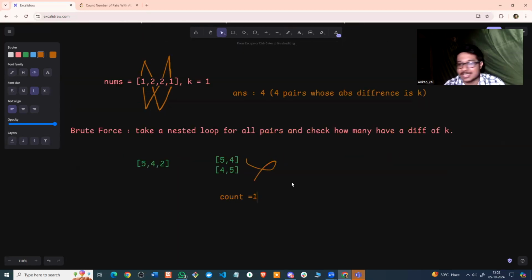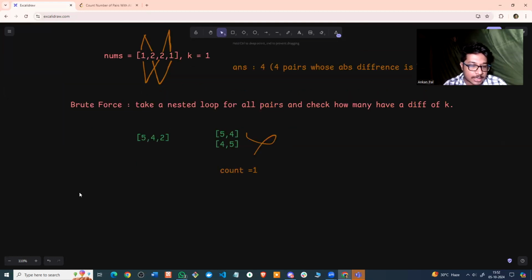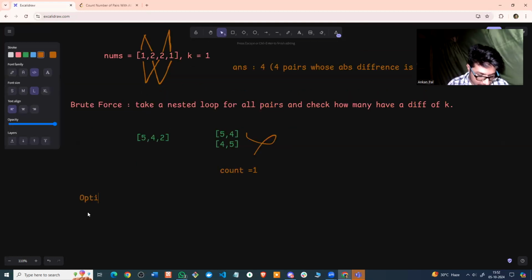Okay, so this is the brute force. Brute force is you have to take a nested loop. It will be around O of n square. Now, a bit more optimized would be